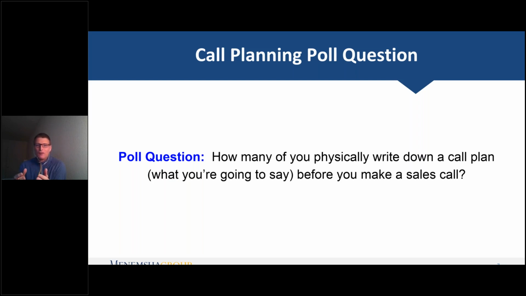So what happens is salespeople get thrown off their game. They're now back on their toes, and they go into objection handling mode. And usually when salespeople go into objection handling mode, the call doesn't end in a very positive way or with a positive outcome. So here's what you can do to overcome it.